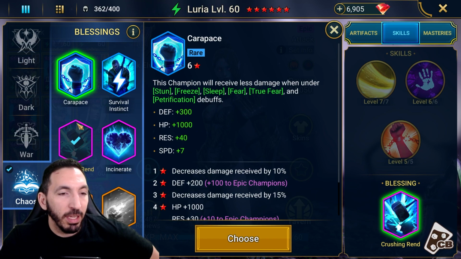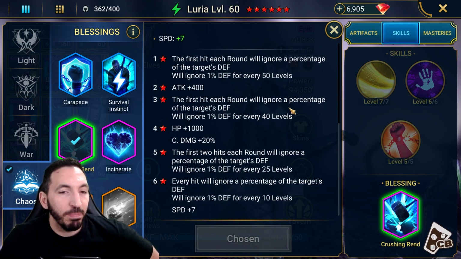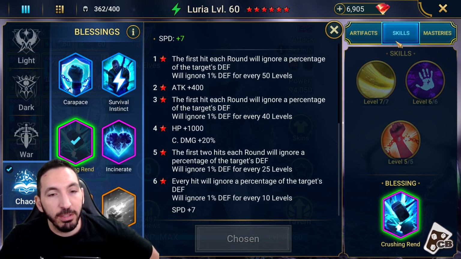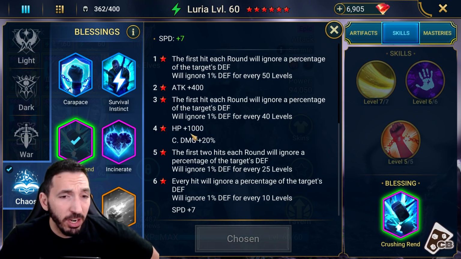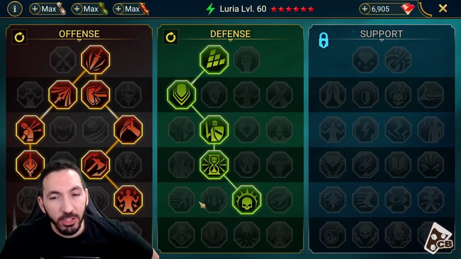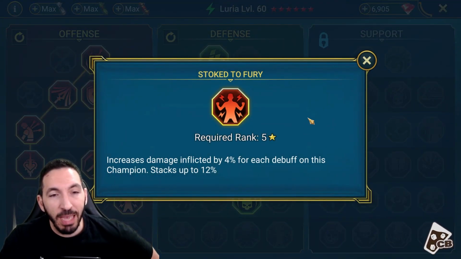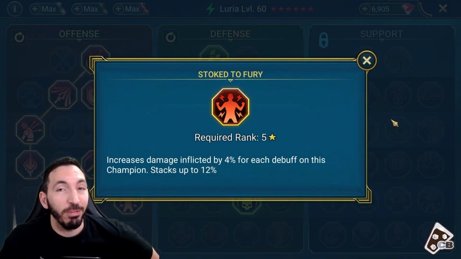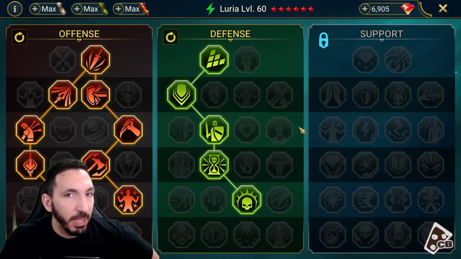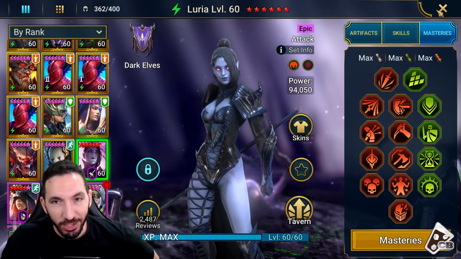But I believe crushing rend on a 6-star is the ideal, especially as you're going against PvP targets and high-end PvE targets. You want to ignore as much defense as possible. Of course, Masteries, I went for Helm Smasher, and even went for Stoke to Fury, which increases damage inflicted by 4% for each debuff on this champion. So you can see some big numbers with that one,